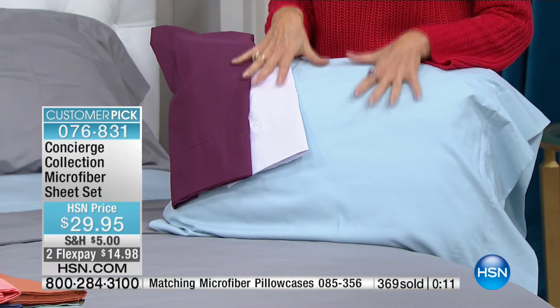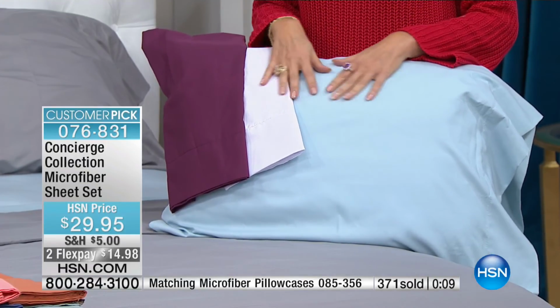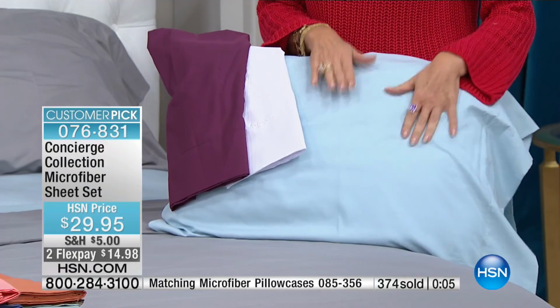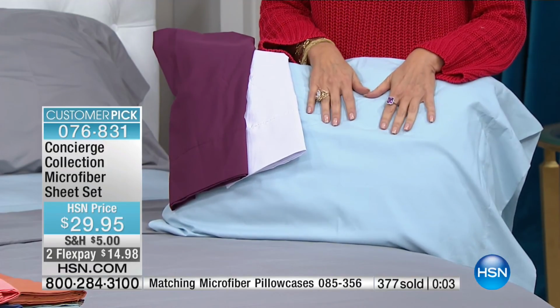This is where it all started. This particular set was where it all started, and it's going to feel so good. 2 flex payments on it, and stay in the ordering process for